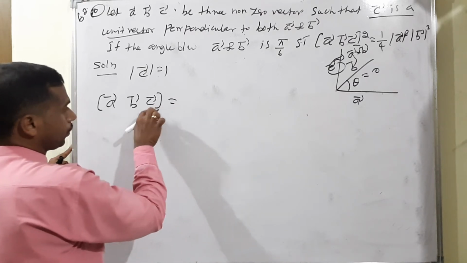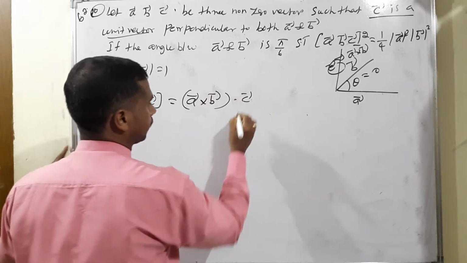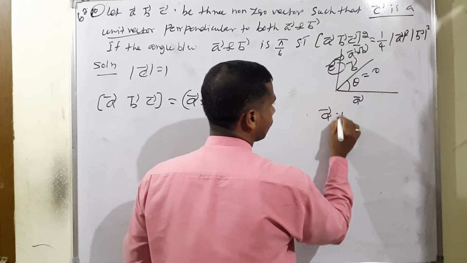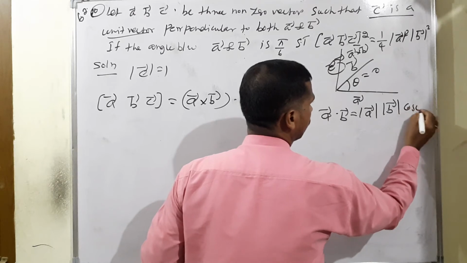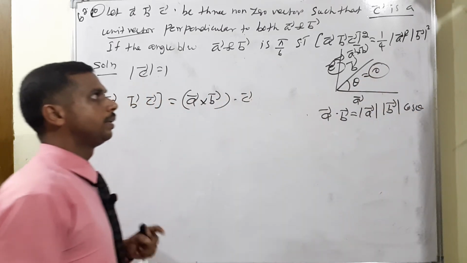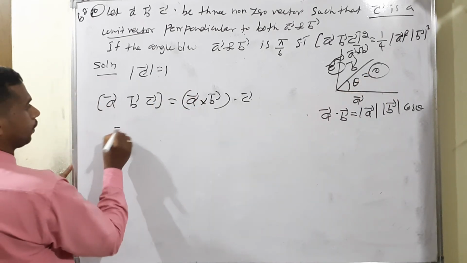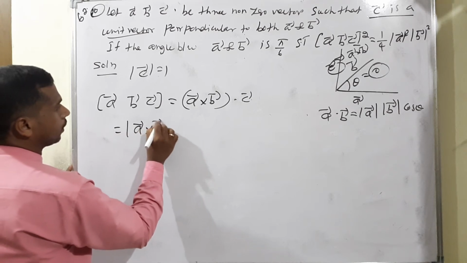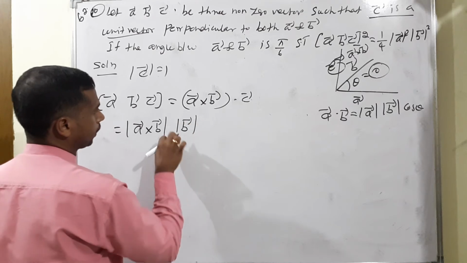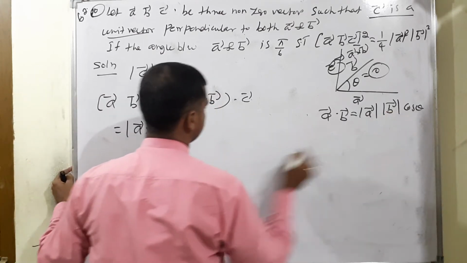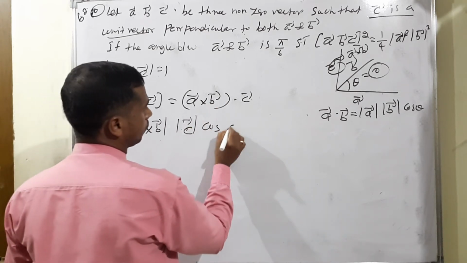It is equal to, how to rewrite it in scalar triple product? Already we know A vector cross B vector dot C vector. Already we know A vector dot B vector means modulus of A vector into modulus of B vector into cos theta. Theta value, we know the angle between C vector parallel to A vector cross B vector means 0. So now how to rewrite? Modulus of A vector cross B vector, then dot modulus of C vector, then into cos theta, isn't it? Sorry my dear, this is C vector, no? Cos theta is equal to value 0.